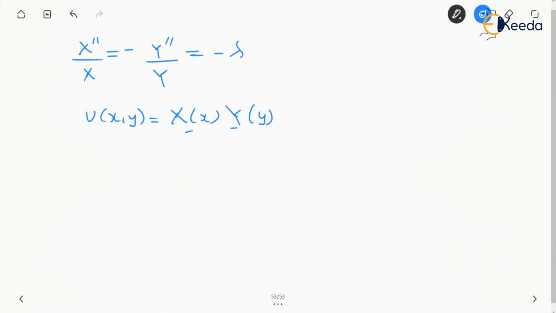And then if we are taking X_n of x, the discussion we have made was for k, and if you check it, for k being negative we have X equal to c1 cos px and c2 sin px. You can refer to the previous discussion, and from there instead of k we are taking lambda, and in that case X of x can be written as a_n cos nx plus b_n sin nx.